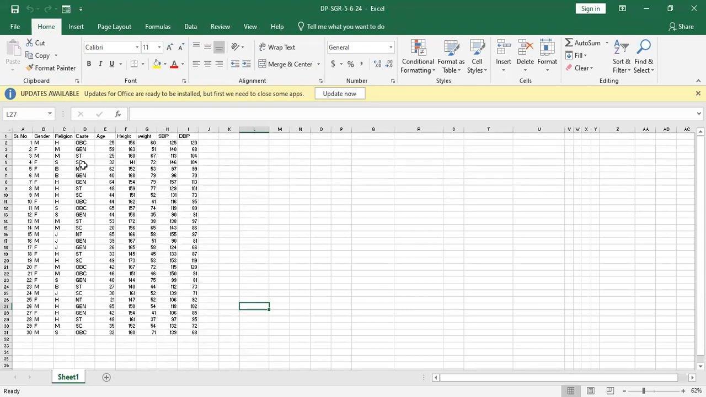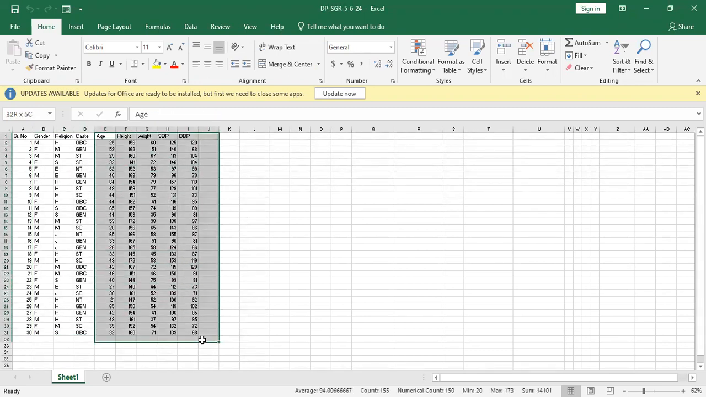For the purpose of presentation of data, we will divide data into this part, which is qualitative data, and the remaining, which is numerical, is quantitative data. Now